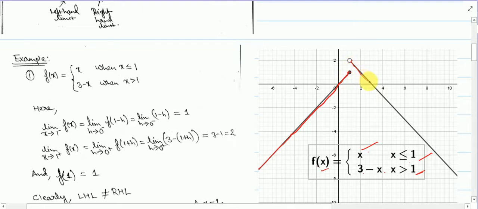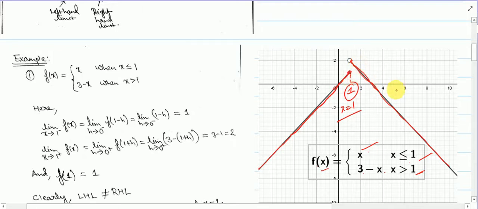So you can see that this function is not continuous, and you can see at what point I had to lift my pen. I had to lift my pen at point 1 and jump here, and then draw. So there is a jump discontinuity, and that is at x equal to 1. If for any function you get something like this, where you are not able to draw the function without lifting the pen, that means discontinuity is there.